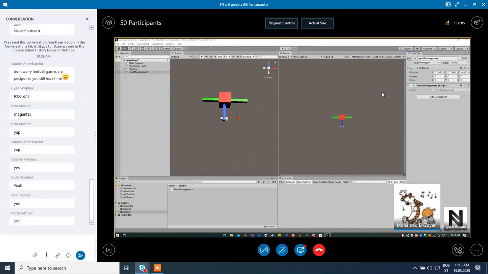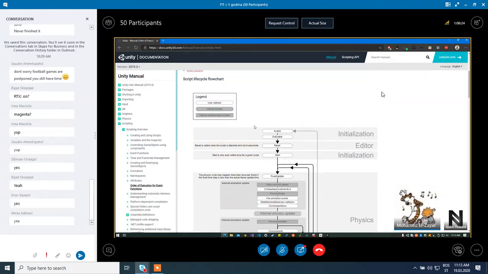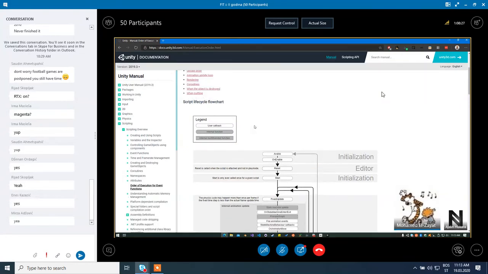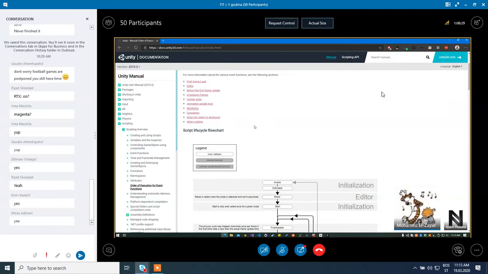Let me show you something here. Unity execution order. The order of execution for functions within Unity is very, very important to know. So if you go to Unity's documentation, you will see that there are certain events that are taking place that Unity is actually registering. If you look at the code,